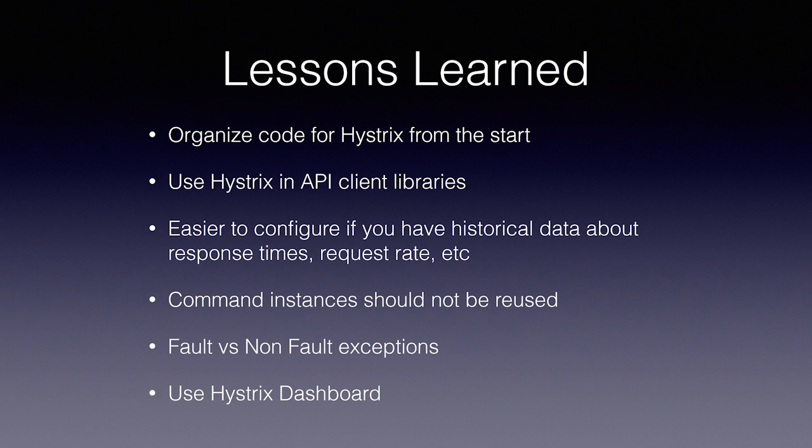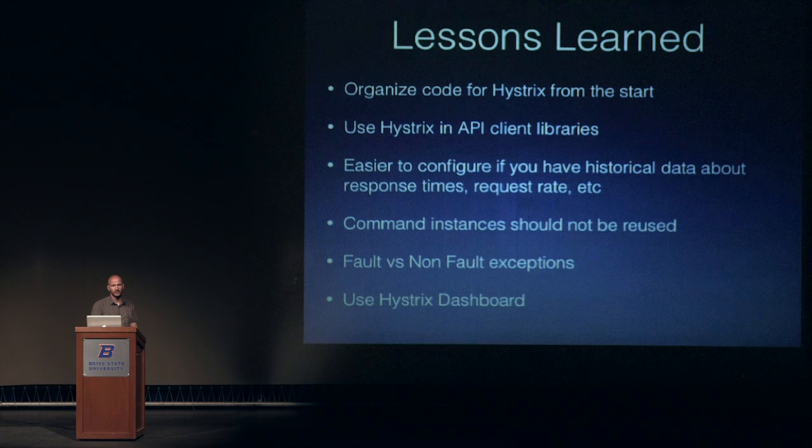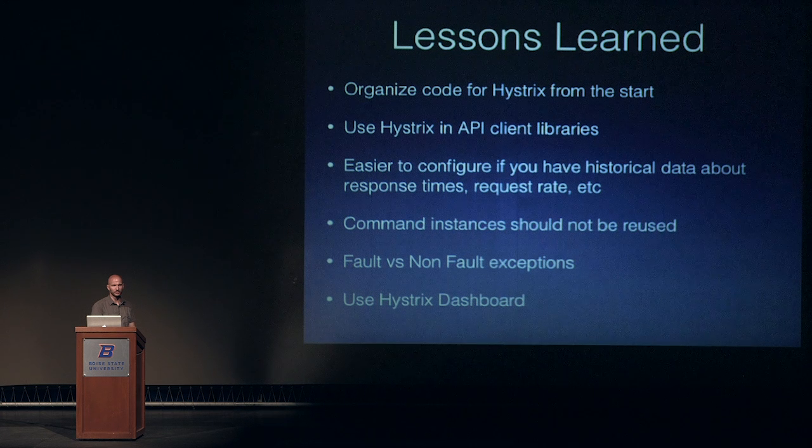We also really like using Hystrix in our internal API libraries. The API team writes the API server, but they also write Java client libraries for our internal team. So people that are writing the web tier will use our clients. By putting Hystrix in that tier, all of those web servers benefit from having Hystrix, and we benefit from having them all back off of failing API endpoints at the same time. All the web tier developers have to do is use our library, and they automatically get Hystrix, and they can use a dashboard to see what's happening, and they can tune it and back off